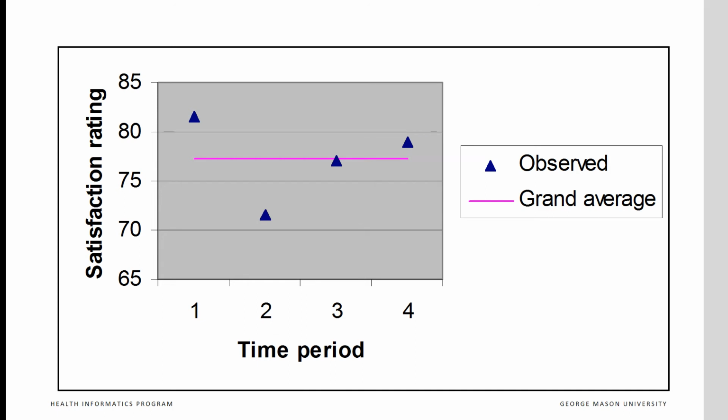In the example provided here, it makes no difference how you calculate the grand average, but in many situations where the number of cases in each time period is changing, it does make a difference. With the central tendency line in, we have a visual line to compare the data to. It already tells us a lot. It gives us a sense of which time periods are closer to our central tendency line.